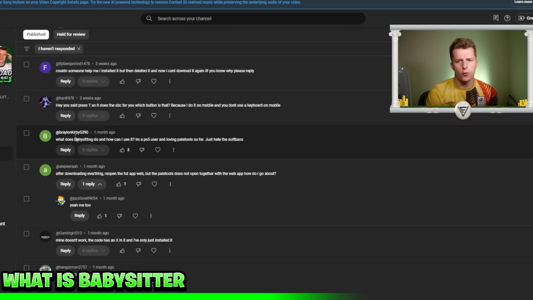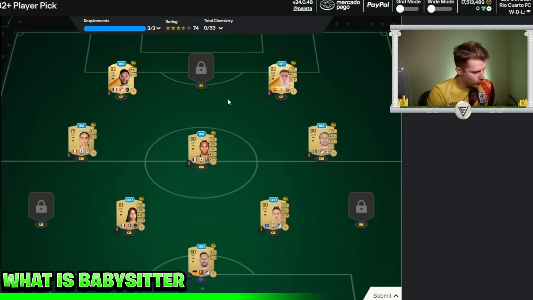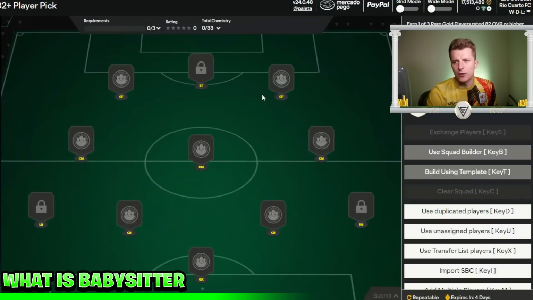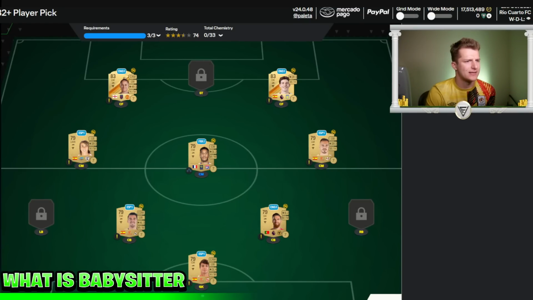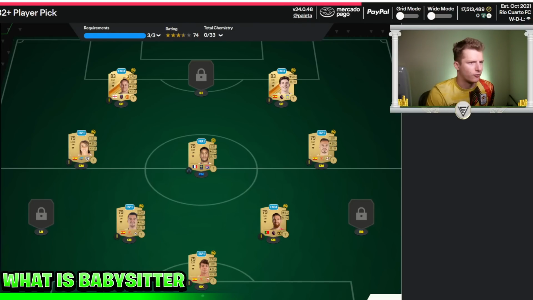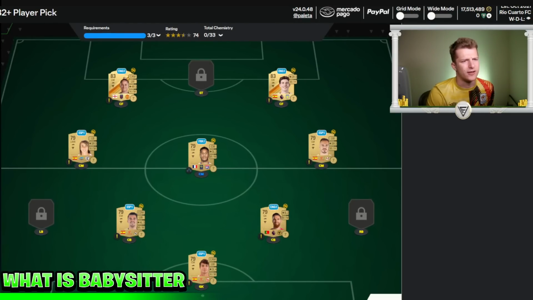Now to get to this comment saying, what does babysitter do and how can I use it? Just carrying on from the last one. Again, what babysitter does is it basically just doesn't let you do another SBC until 30 seconds has passed. You can see right here, we can't complete the SBC if I wanted to, and there is a bar going across the top,